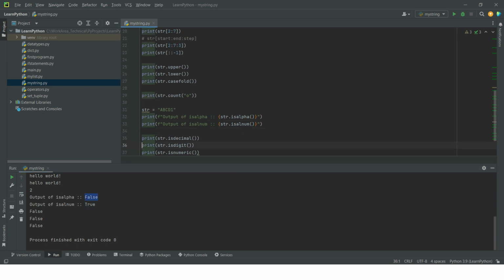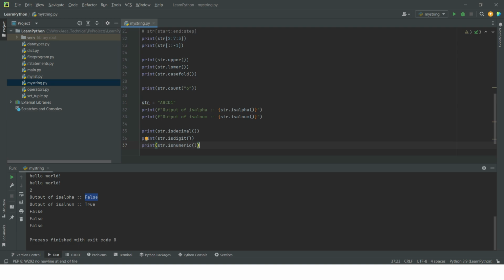Now let's look at the other three, because I have seen people during my interviews being confused with these particular three methods. So first is isdecimal. When we say decimal, it would give true if you have only numbers, only decimal numbers. Now when we say isdigit, it supports decimal,